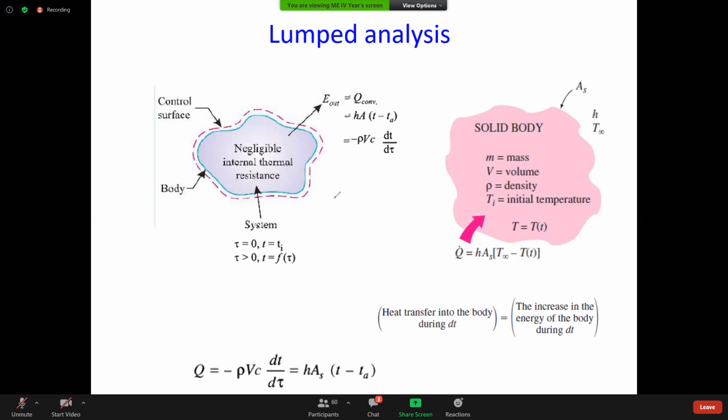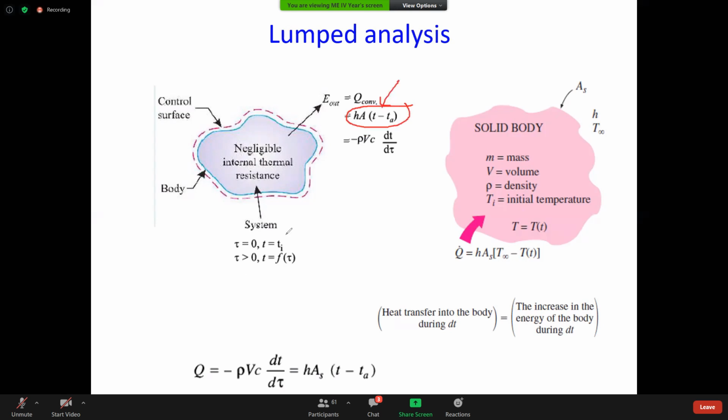So we know that mCp delta T, d tau means we have to talk with respect to time. That is the reason: the temperature change with respect to time. So mCp delta T, we know that m is equal to rho into v. That is the reason I have written rho v Cp delta T. Then what is the minus here? That is important. Now it is clear: hA into (T minus T infinity),